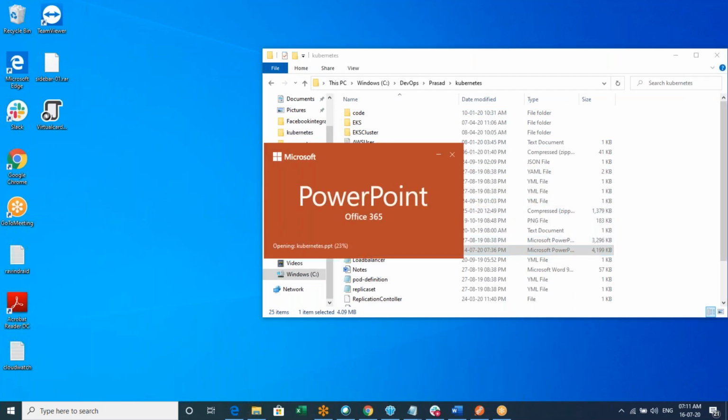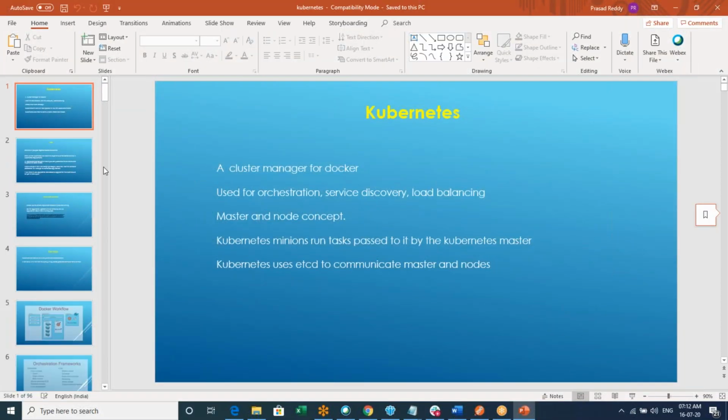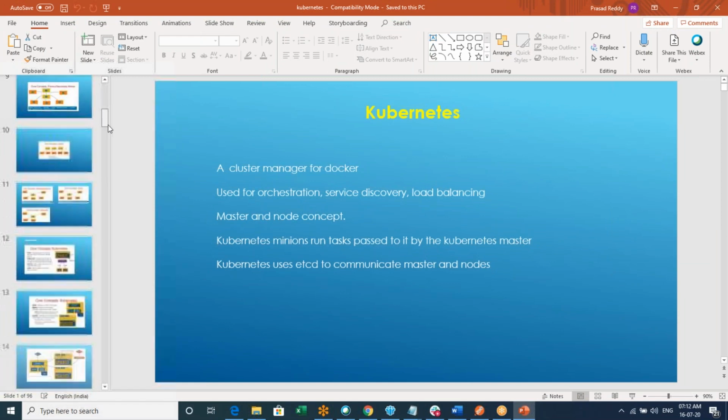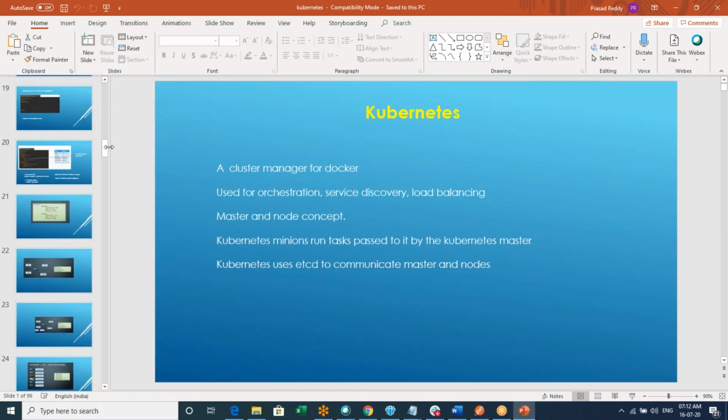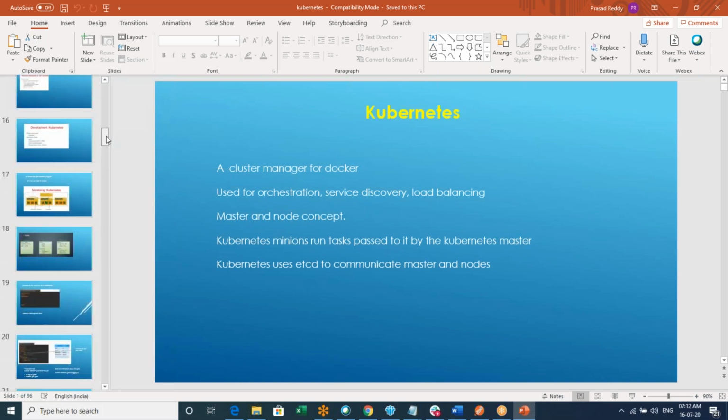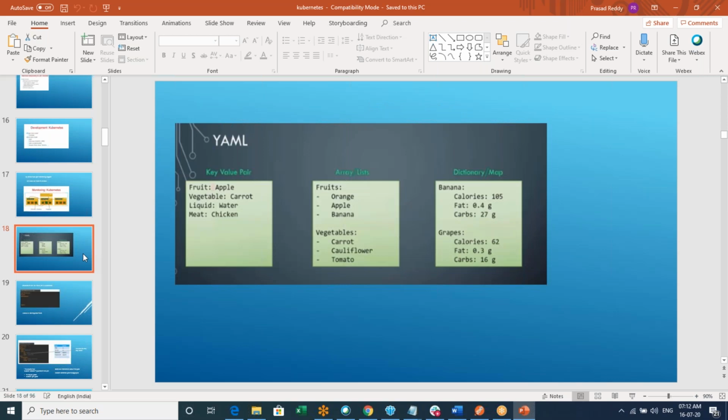Anyway, to create a pod we need to create a YML file. For that we need to understand YML structure. I have already shared this yesterday to you guys. I'll quickly explain how YML will have it. It is like XML and JSON, like we create those files. The same way we also create YAML files.